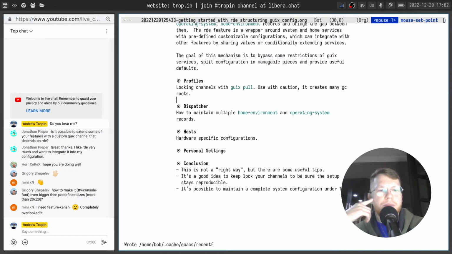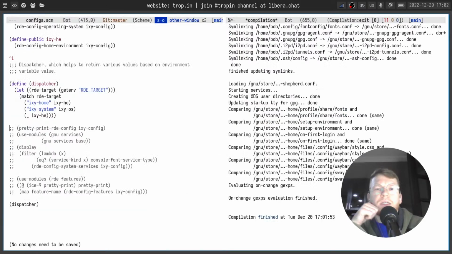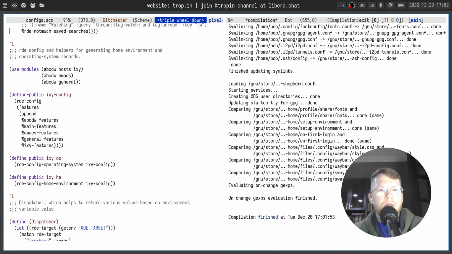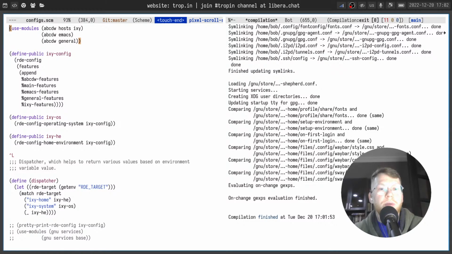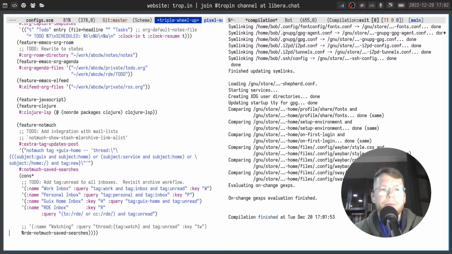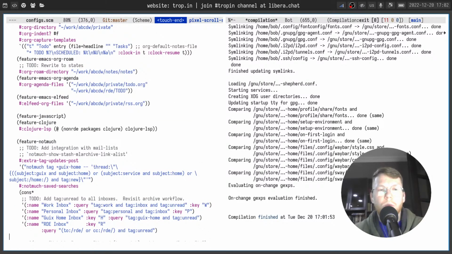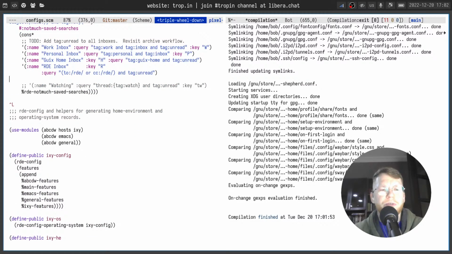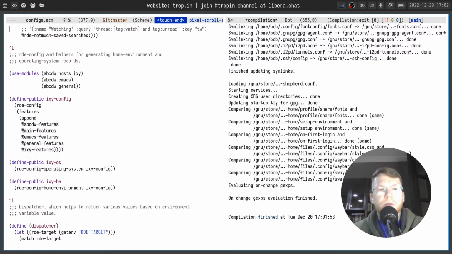What else we have here? I think that's almost it for today that I wanted to cover. Let's make some kind of summary. First of all, this is not the only way you can use for managing your configuration. It's also maybe not the perfect way, but it is one of the ways which I find useful, and also I find it